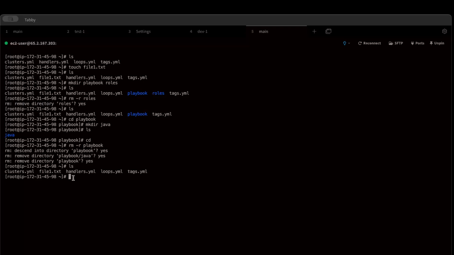And to remove files also, we can use the command rm. rm file1.txt. Are you sure you want to remove a regular empty file? Yes, because we haven't entered anything in file1.txt, so it says empty file with 0 data. If you click yes, it is going to delete. Now we can see